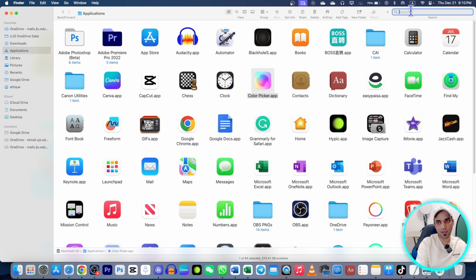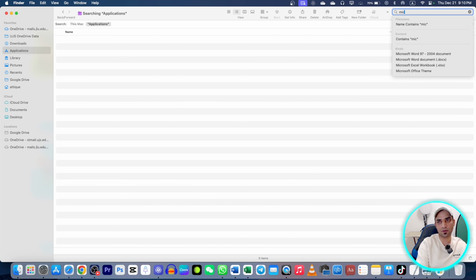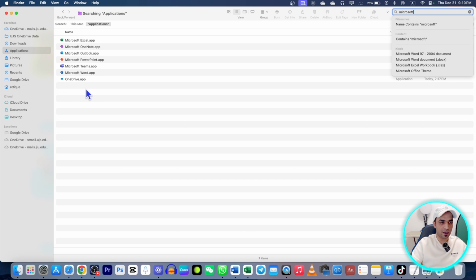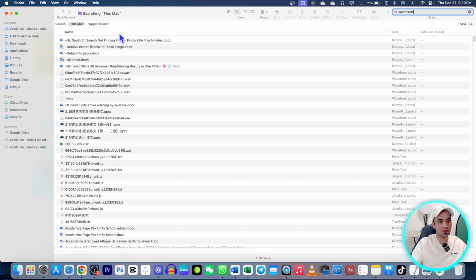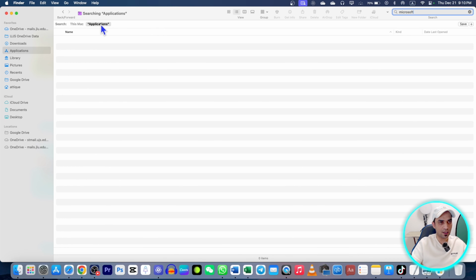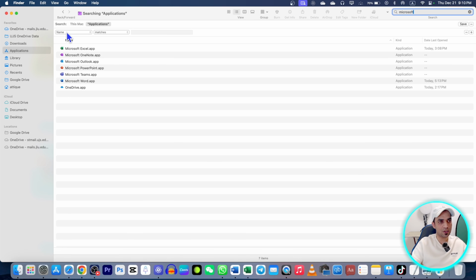Go to search, and let's say you want to delete Microsoft, and here I have selected only this item here, as you can see. And if I just go to this Mac, and here I need to delete everything about the Microsoft, not the files but the application itself, then I can just go to this plus option, and here I can choose this system file, and then aren't included,